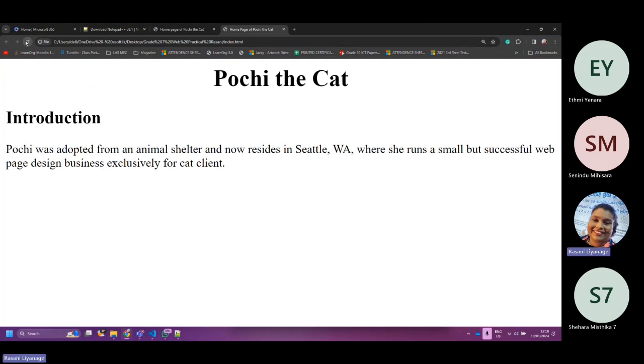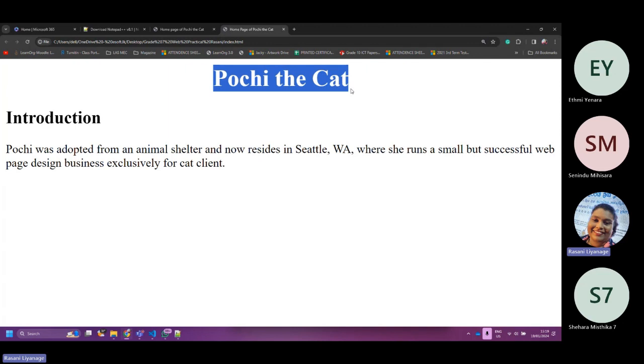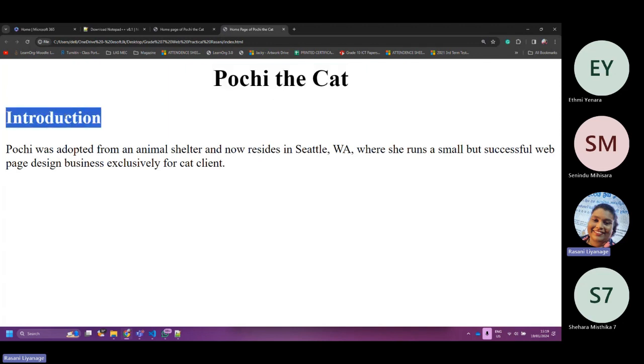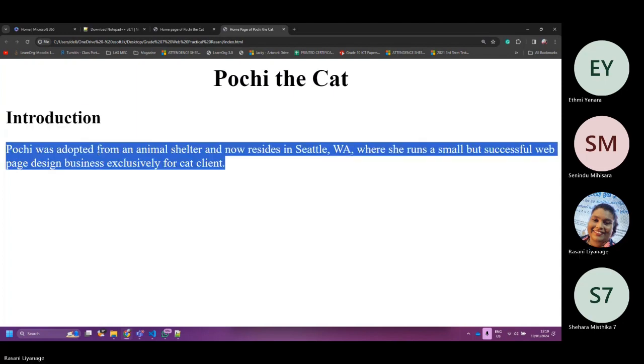Look here. See, Pute, now we have a big heading, Poochie the cat in the middle, and we have a subheading, left aligned, as introduction. Then we have the paragraph.